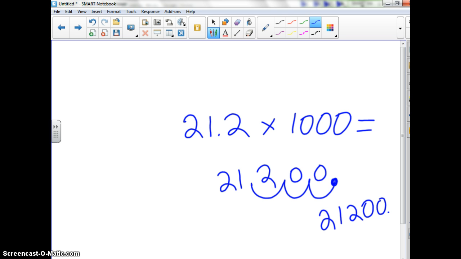21,200. Excuse me. Okay. Now, I need to show you quickly a bad example. Here's a bad example. We can't tell if the 2 is inside the hump or on top of it. We have to make sure that